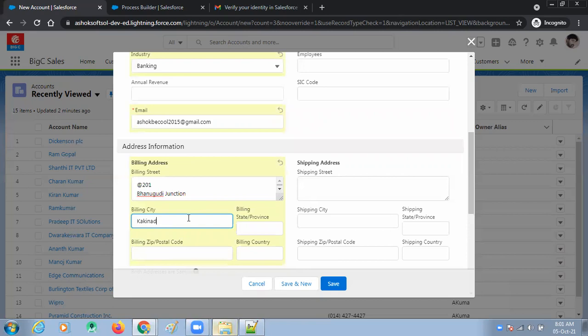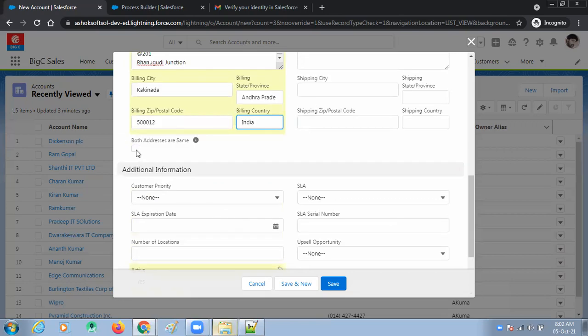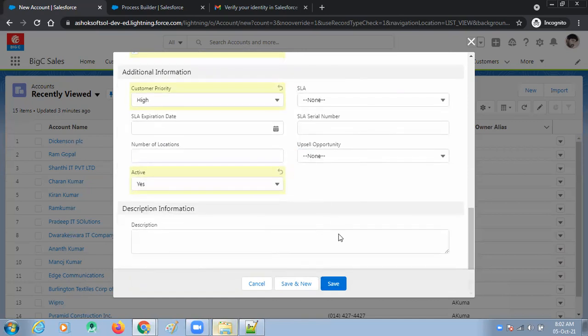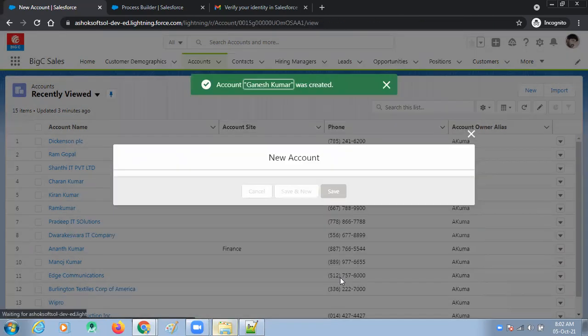Kakinada, Andhra Pradesh, and 50012, India. I want to copy this. Customer priority is high. No need to give the remaining fields. I want to save this contact.